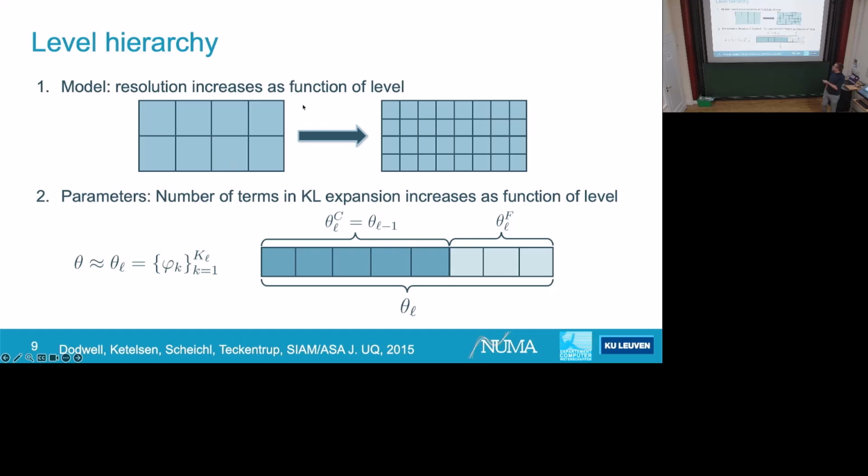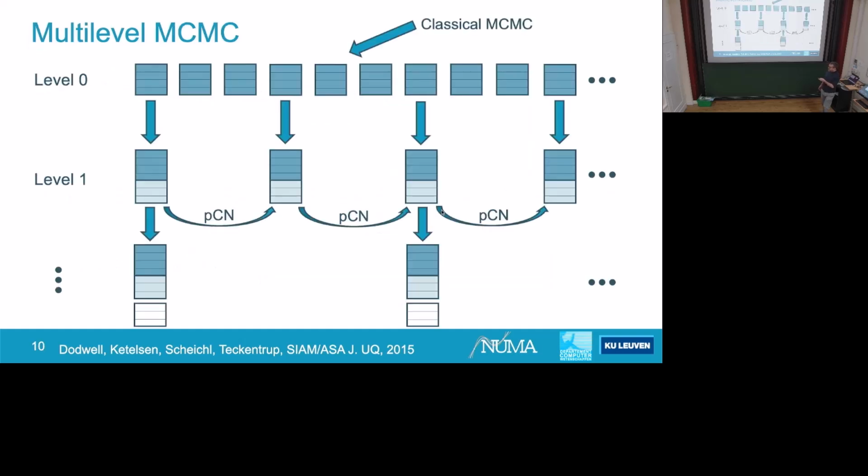Why? Because it doesn't make sense to keep all the terms; they increase in frequency. Lower KL terms are smoother functions than higher KL terms, so it doesn't make sense to keep the more oscillating basis functions on meshes on which you can't represent them accurately. So you basically add basis functions onto the basis functions of the coarse level to go to the fine level. And that's actually what we're going to exploit, the fact that this happens in the multilevel algorithm. So those are the two things. But this is basically how it works.